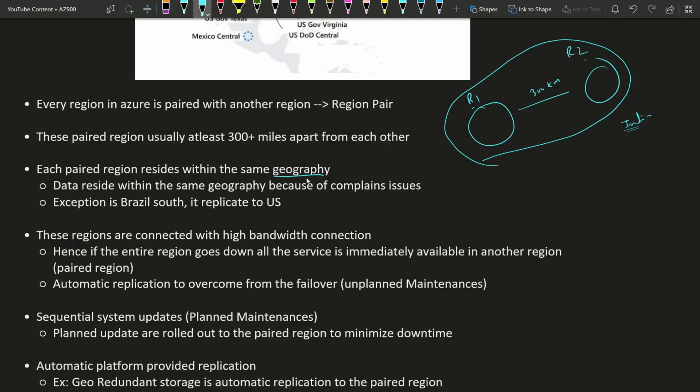You see this point: data resides within the same geography because of compliance issues. Compliance issue is nothing but, as I told, confidential information like medical data or bank details. For example, suppose region 1 is located in India and region 2 is located in Pakistan. In case anything happens in region 1 and the entire region goes down,